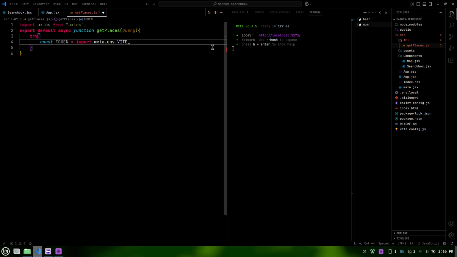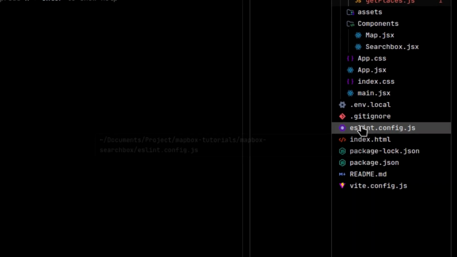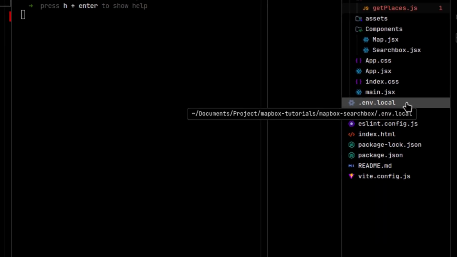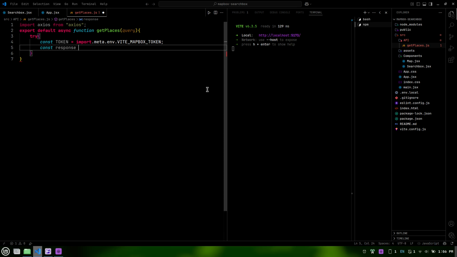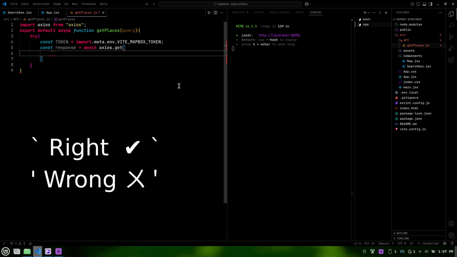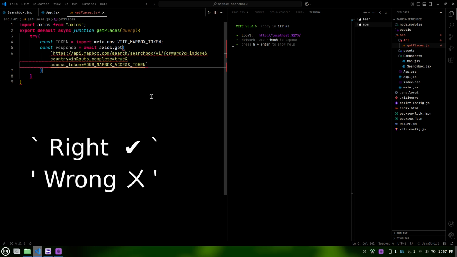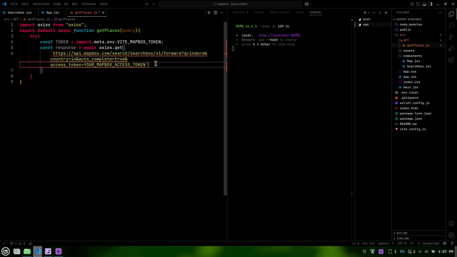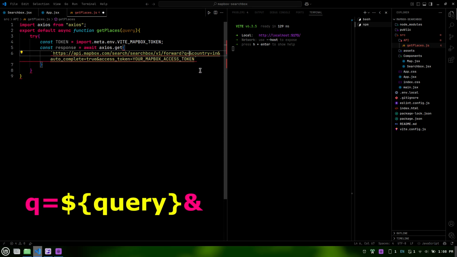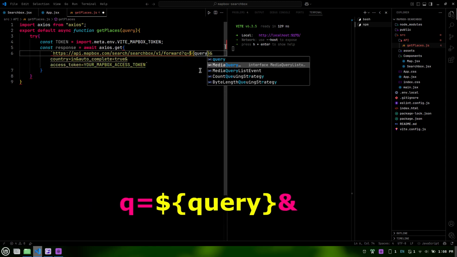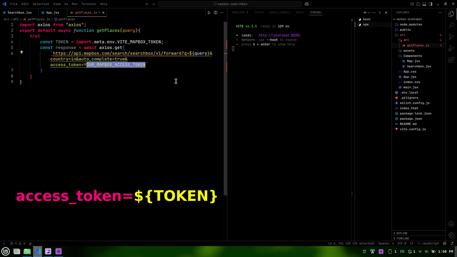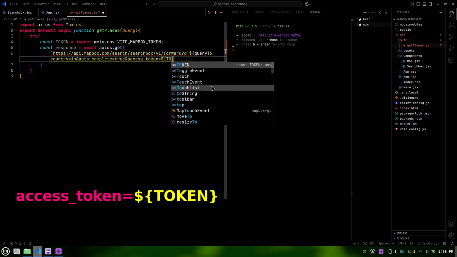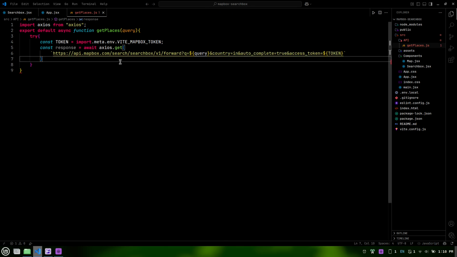First, we'll retrieve our Mapbox access token from the environment variables, which we have stored earlier in .env.local file. Next, we'll make the GET request using Axios. We'll use the URL we copied earlier, ensuring it's wrapped in backticks, not single quotes. This allows us to embed the query and token dynamically. Make sure to place $query between q equals and the ampersand symbol in our URL, and $token at the end after access_token equals. Finally, we'll return